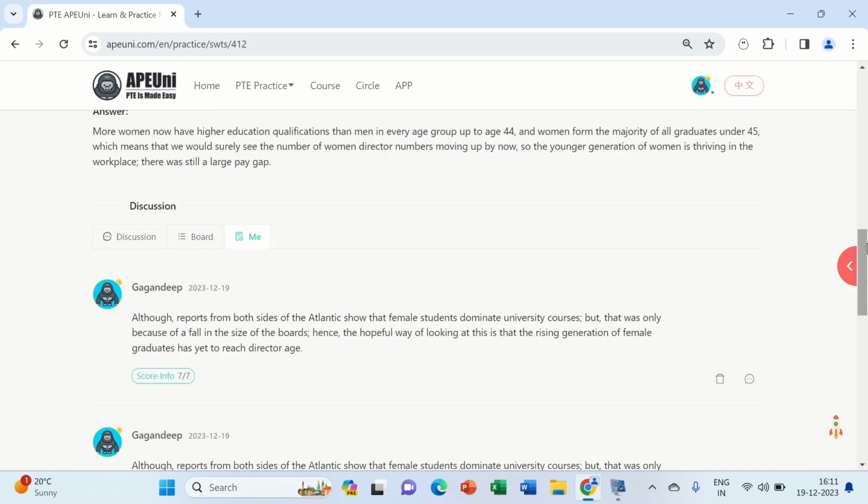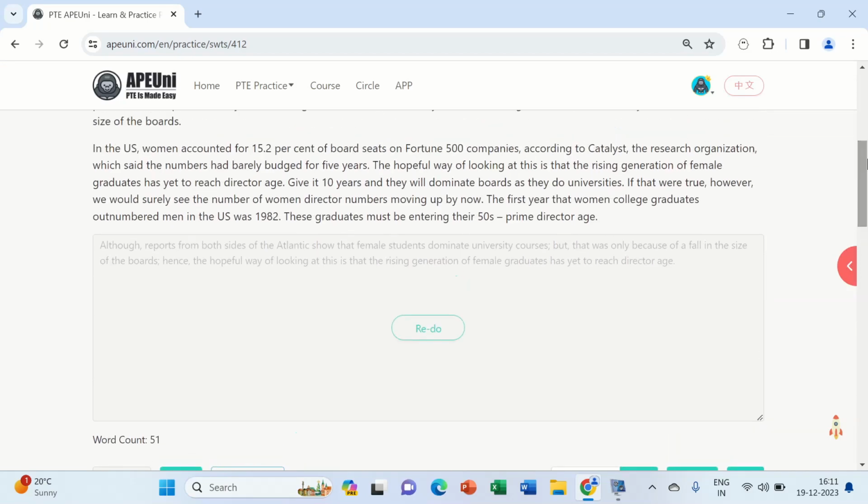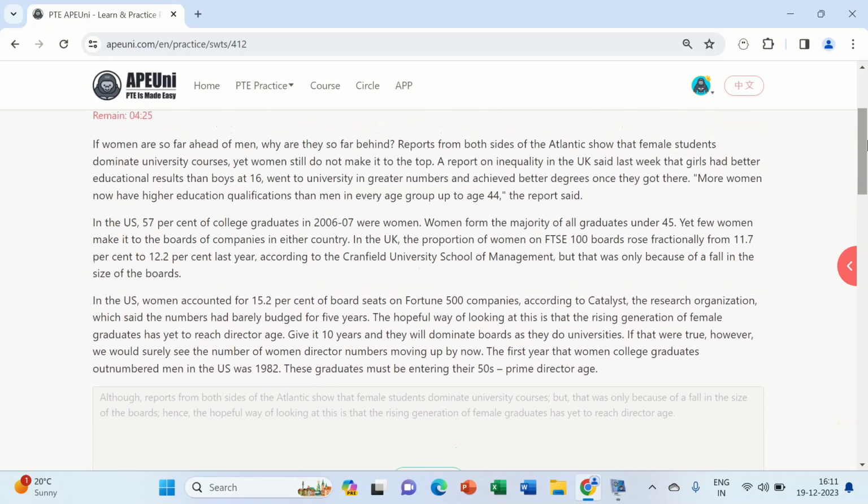So I want you to note that you have to choose the appropriate lines. If you are taking from the second line or from the third line, then you have to start your sentence with although. And after completing the first line, put a semicolon, then give a space, then use the connector. Always start your first word with a capital letter, like although, A capital. And if there is a capital like Atlantic, A capital, then you have to write the A capital, otherwise don't use capital letters in between the lines.